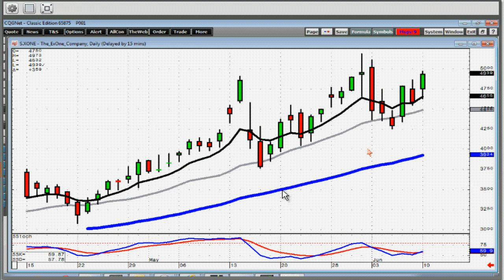XONE, nothing wildly exciting except you did have that little doji or the kicker, trend kicker, which tells you there's more upside. I'd probably use the first target along the tops right here. So this one, as long as it stays above the T line, you can stay with this one. And Yelp,